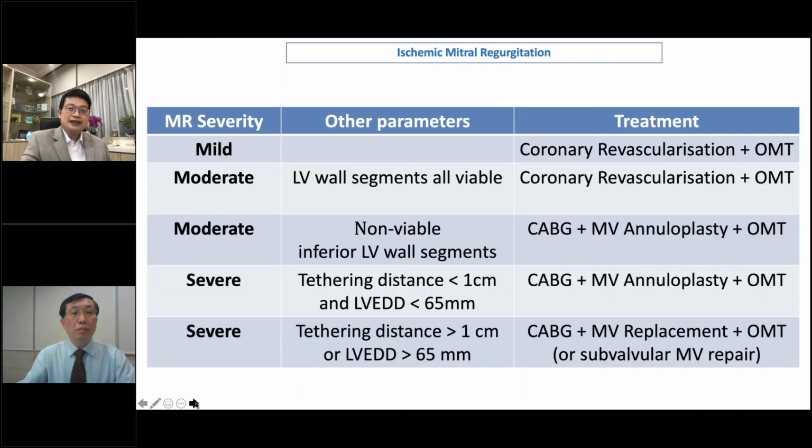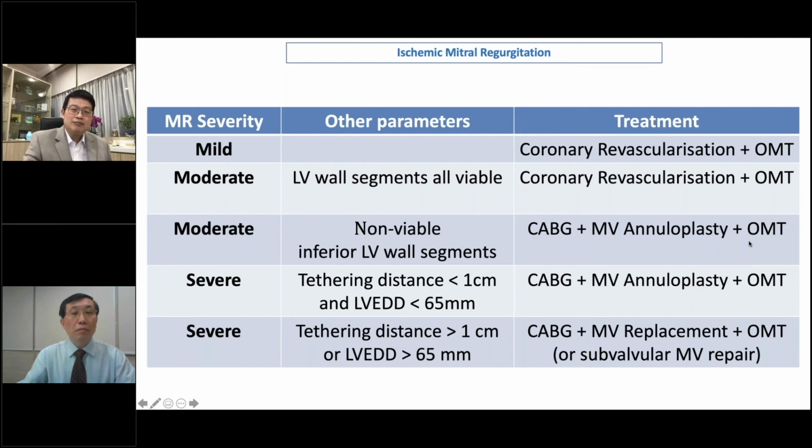So to summarize ischemic MR: mild ischemic MR, just revascularize if appropriate, and optimal medical therapy. Moderate ischemic MR depends on the LV viability. If all LV wall segments are viable, then just coronary revascularization. If there are significant non-viable inferior LV wall segments, then repair the mitral valve as well, in addition to CABG